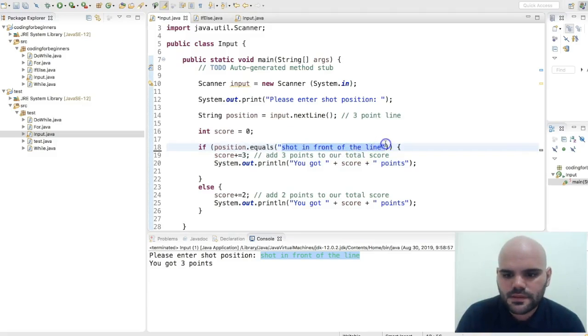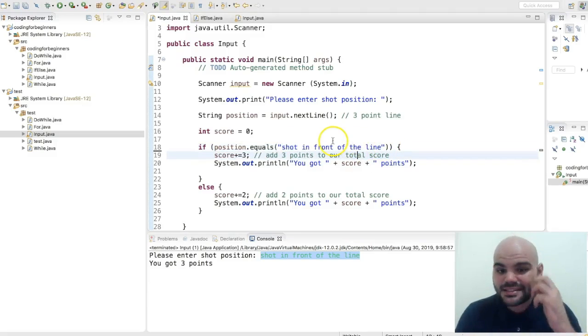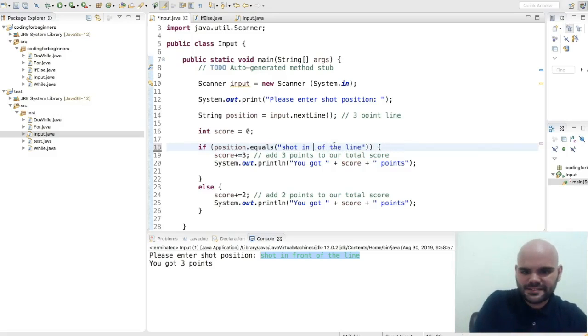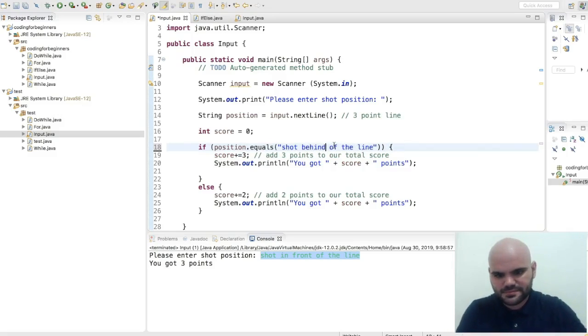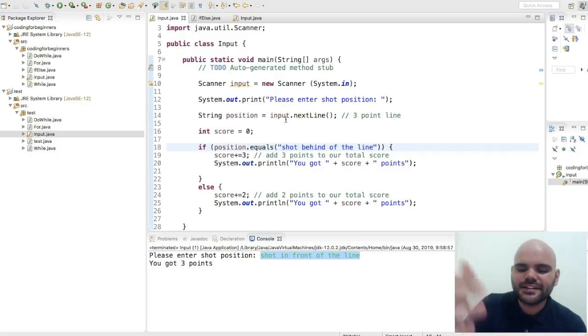Oh, I see why. It's behind the line. Because if it's shot behind,